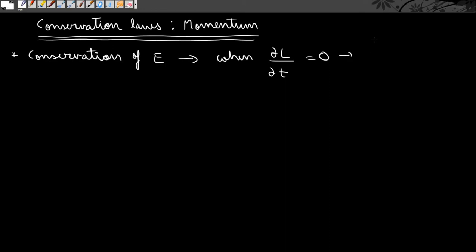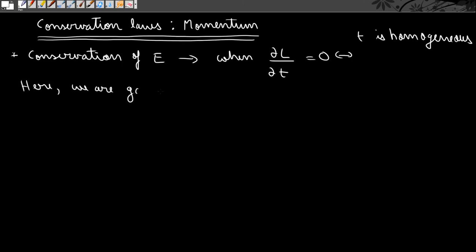And this was a consequence of time being homogeneous, which means no two points in the time axis can be differentiated, or all of the points in the time axis are equivalent. So that is the property of homogeneity with respect to time. So in this particular case, that is the case of momentum, here we are going to consider the case,